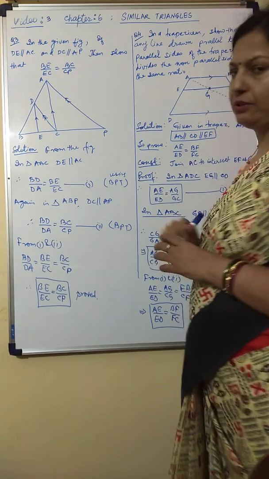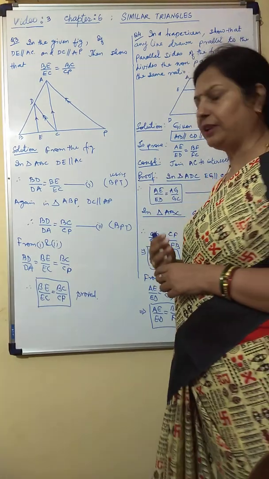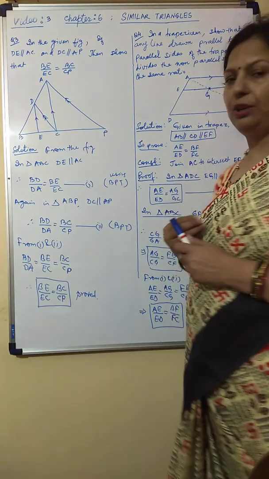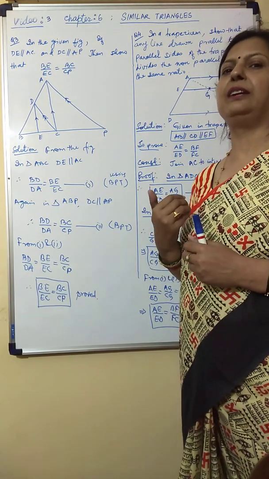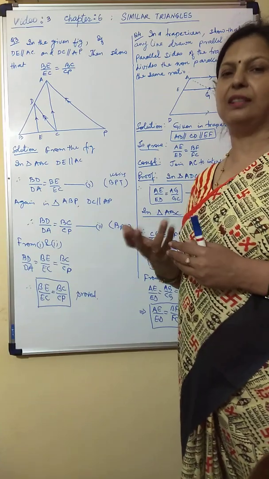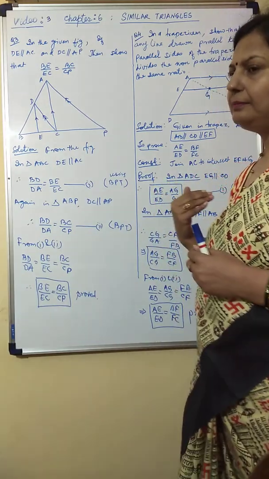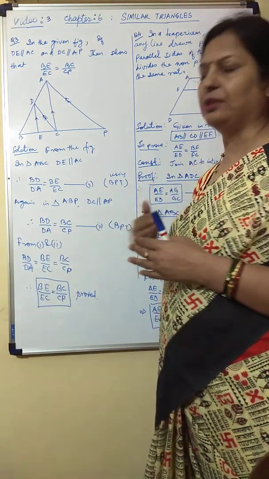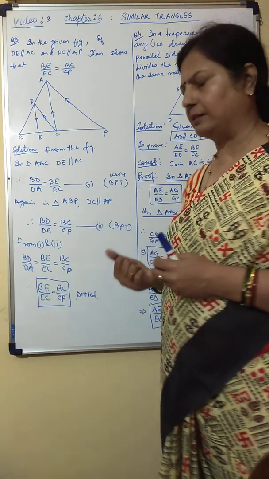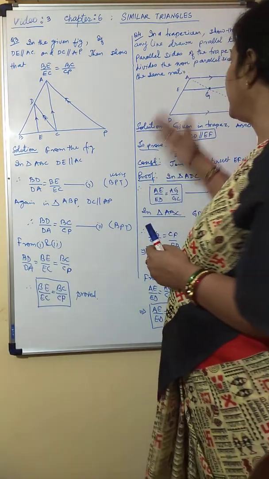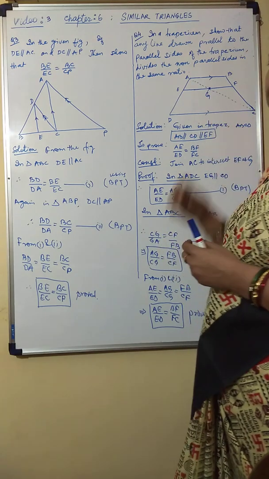Now coming to the solutions. So far, what we have learned is that we can only explain, derive, or use the result in triangles. That is what we have learned, to use the basic proportionality theorem in triangles. So let us see if we can get a triangle from here.